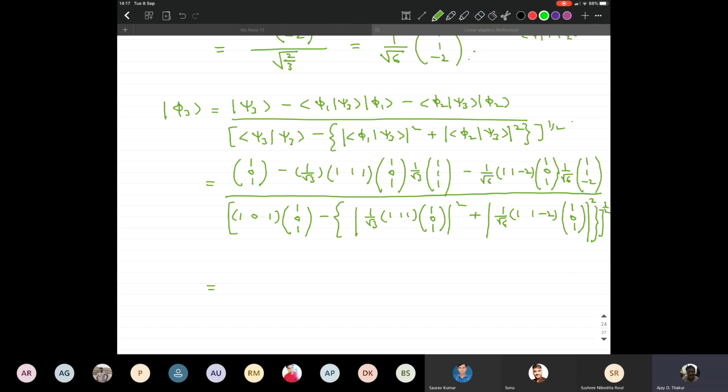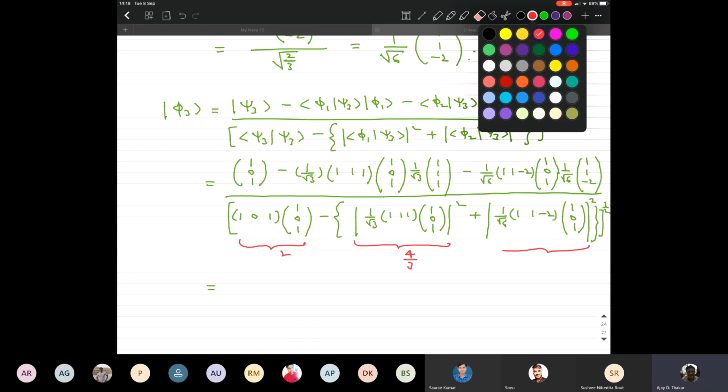So here again, let us check what's really happening in the denominator. We can see that this quantity is going to lead us to a number which is 1 plus 1, 2. This quantity is going to lead us to 1 plus 1, 2 by root 3 whole square. So this is 4 by 3. And this entire thing, including the squaring, would lead us to